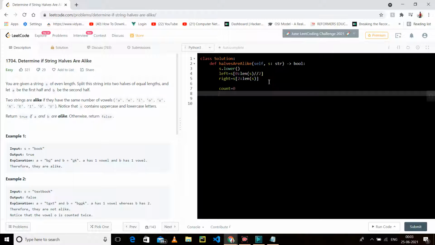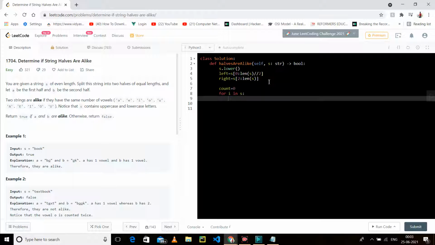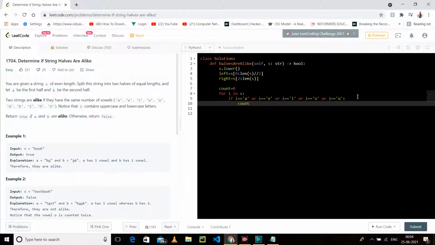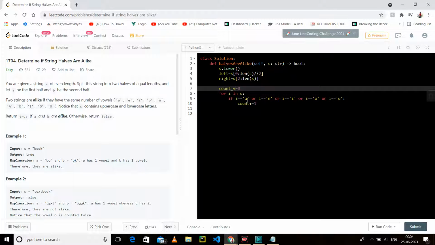So I make a count as 0. What I will do is traverse this string, and if the current character is A or E or I or O or U, that is, any of the vowels, then I will increase my count by 1, the count of v, meaning count of vowel.